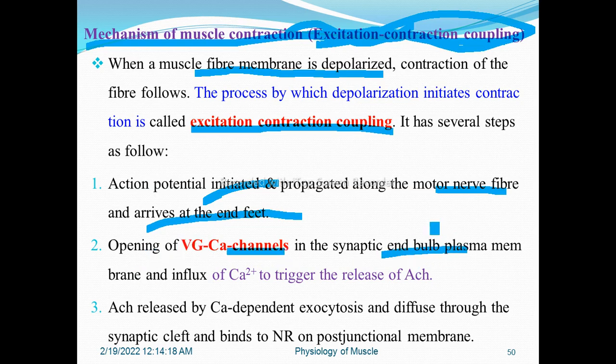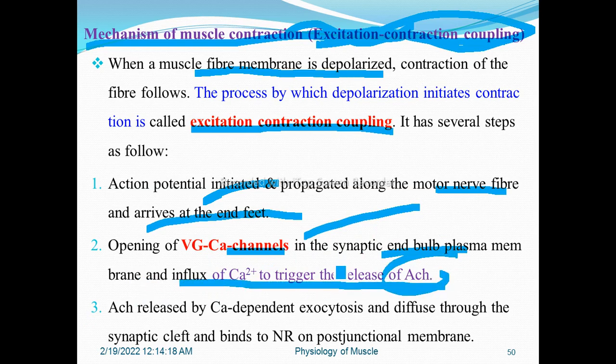When the calcium channels open, there is an influx of calcium through the plasma membrane to trigger release of acetylcholine. Acetylcholine is released by calcium-dependent exocytosis and diffuses through the synaptic cleft and binds to